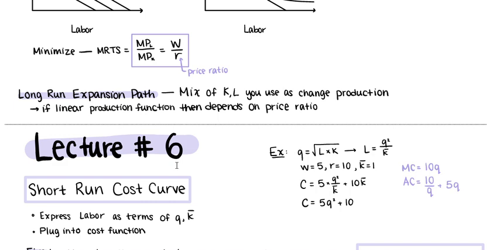So the difference between the demand curve and the supply curve, the supplier part, is that the producer has a long run expansion path, a mix of capital and labor you use as you change production. If it's a linear production function, it depends on the price ratio. So we have another line to decide